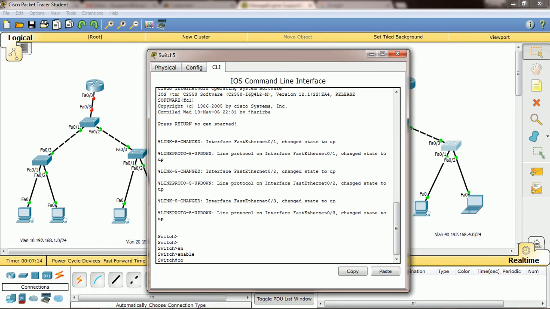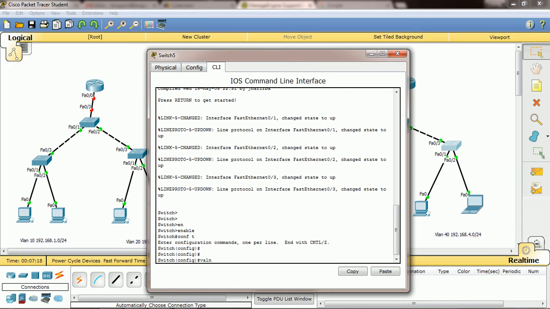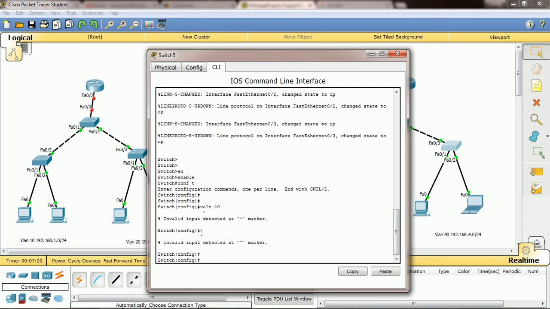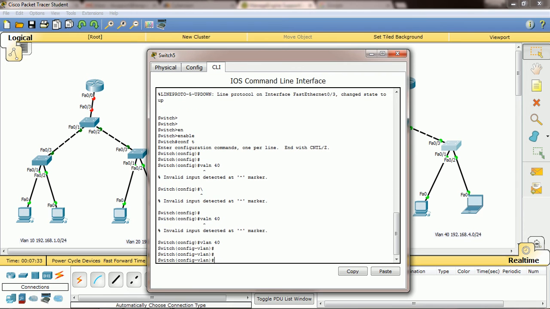Okay, so config terminal, create VLAN 40 here. Sorry, yeah, the VLAN error means a spelling mistake. VLAN 40, right?